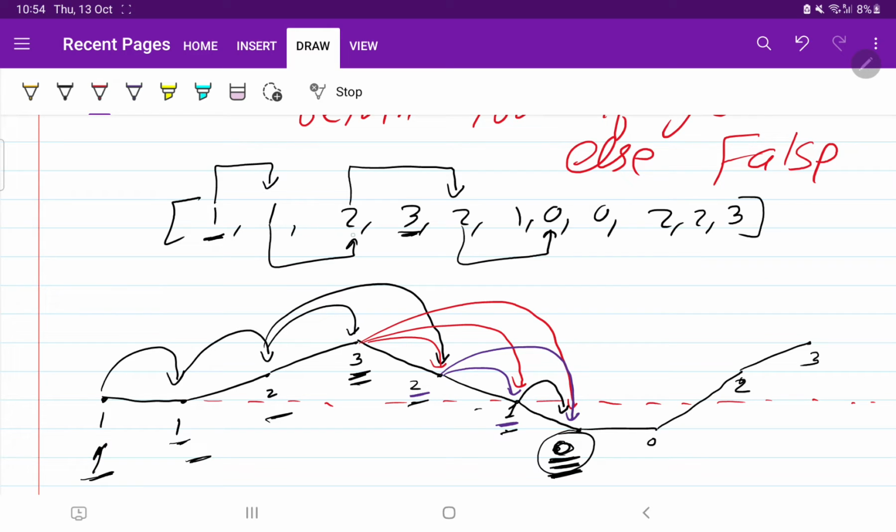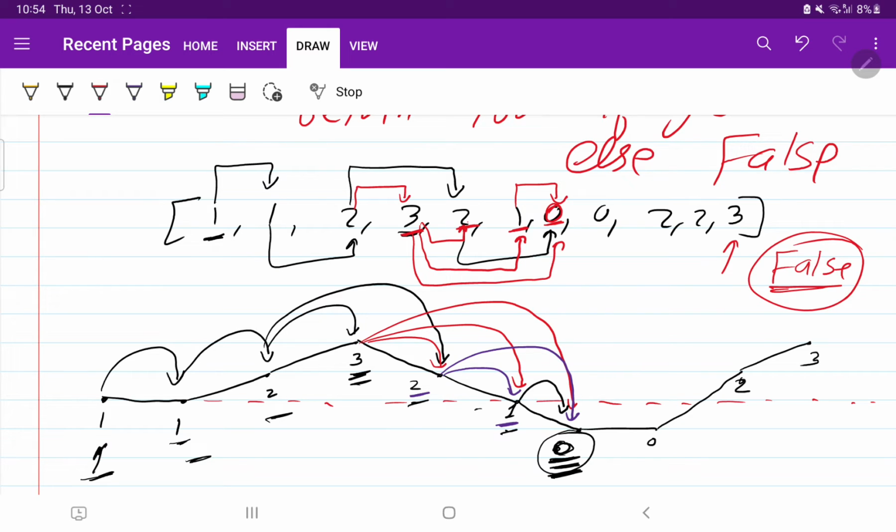Let's try other approach. From here you can make a jump of height 1 also. From here you can make a jump of maximum height 3. So if you make a jump of height 3, you are going to enter in the valley again. So this is not a correct path. If you try to enter here, from here you will again jump in this valley. And if you try to come here, from here also again there are two choices, either to jump 0 or to jump 1. If you jump 1, then eventually you have to jump in this hole. It means we cannot reach our end goal and we need to return this as false.